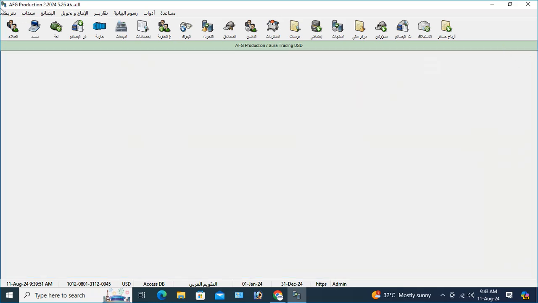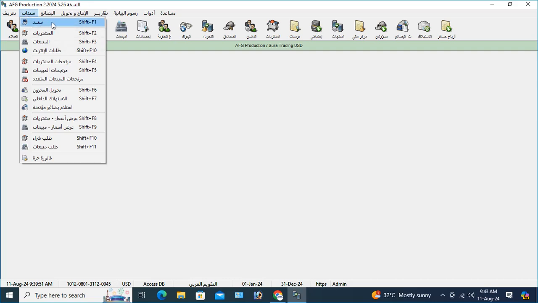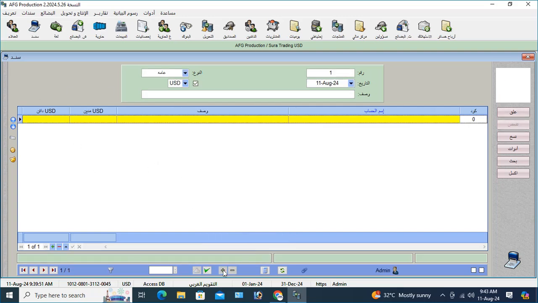So click here and select this one. This one is journal voucher. Click here and click plus, and here type the account and switch it off. Select the currency, the rate, and this time debit 14053.5,